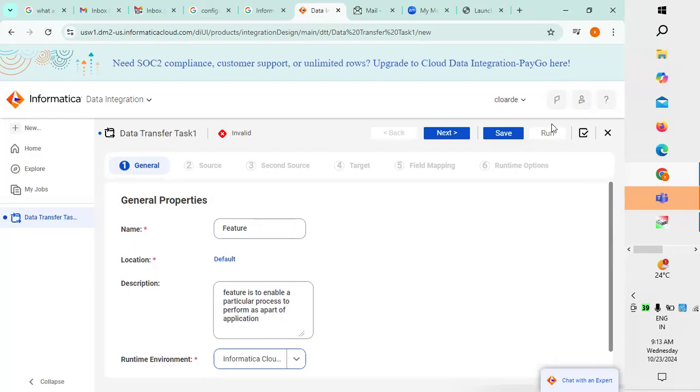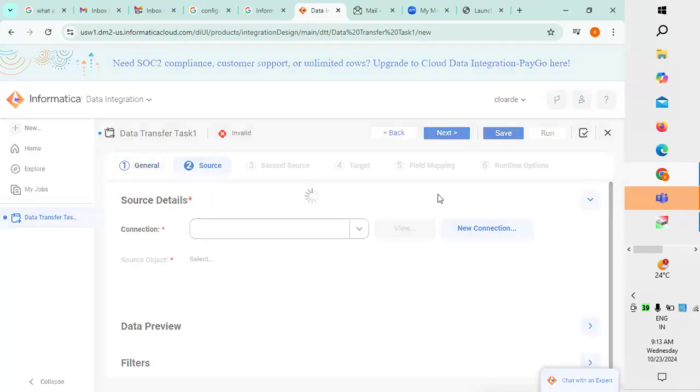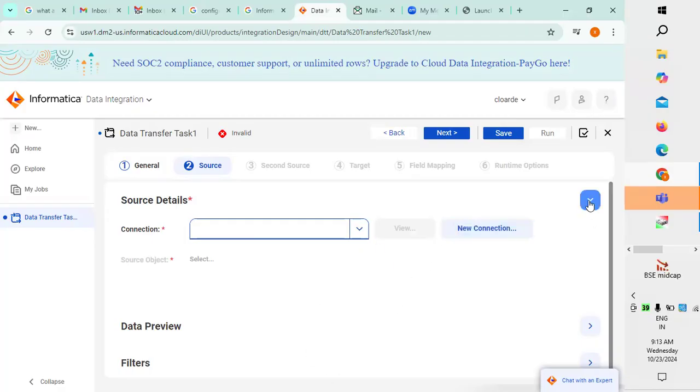Next, we need to understand the source. This is where the point of source generally comes into the picture, right? So how can this source be? For example, there is a source where we need to connect, okay? We need to connect multiple sources, wherein we need to create new connections, etc. So for example, existing